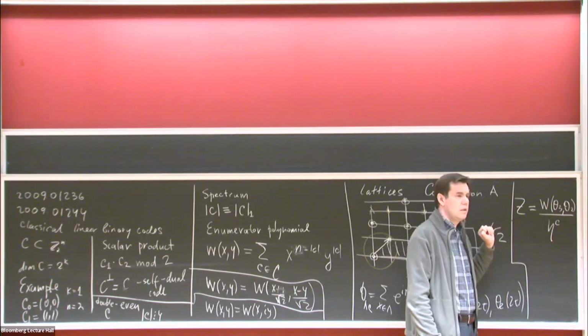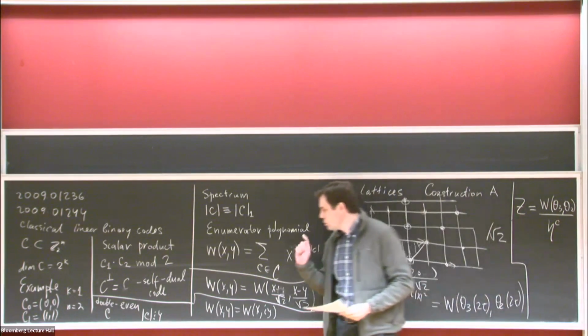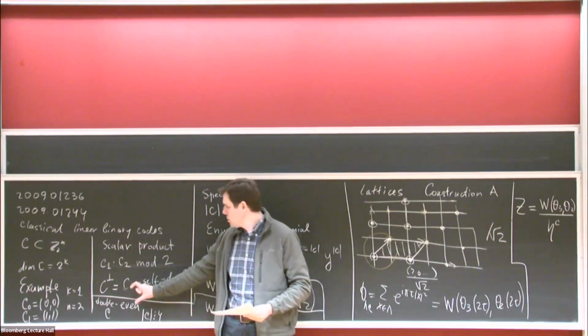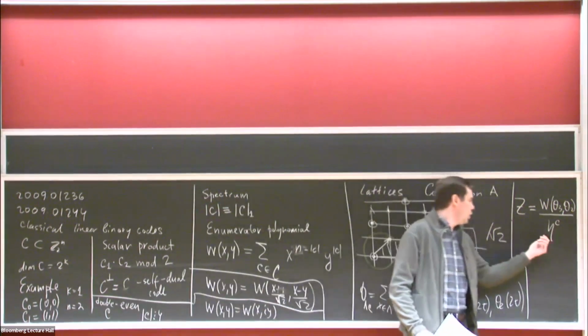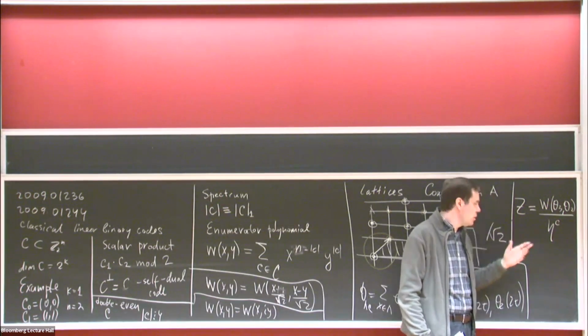That just comes because otherwise you don't have a code that's double even. Yeah, that's correct. If one wants to satisfy both of these conditions, it's not entirely obvious, but it's only possible if n is divisible by 8. And then we all know that the denominator will not have proper modular properties unless C is